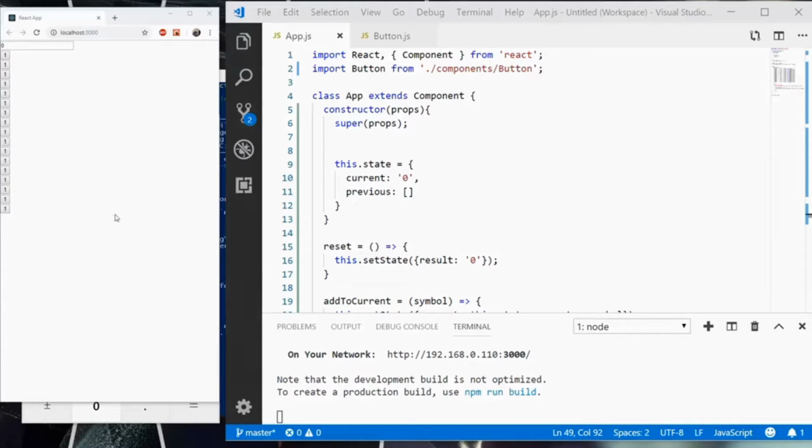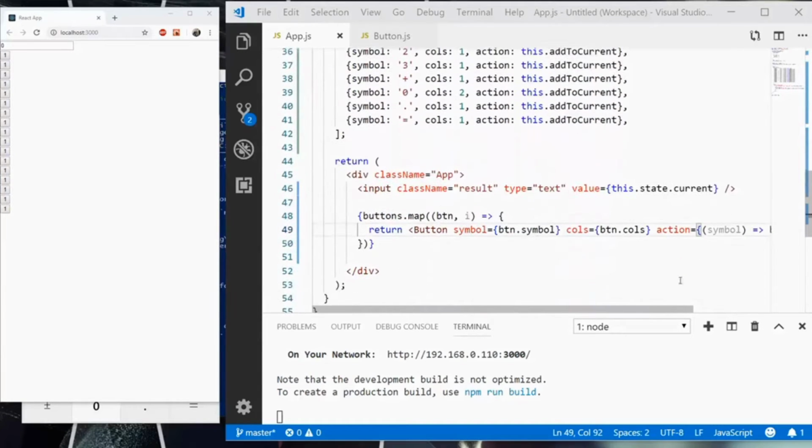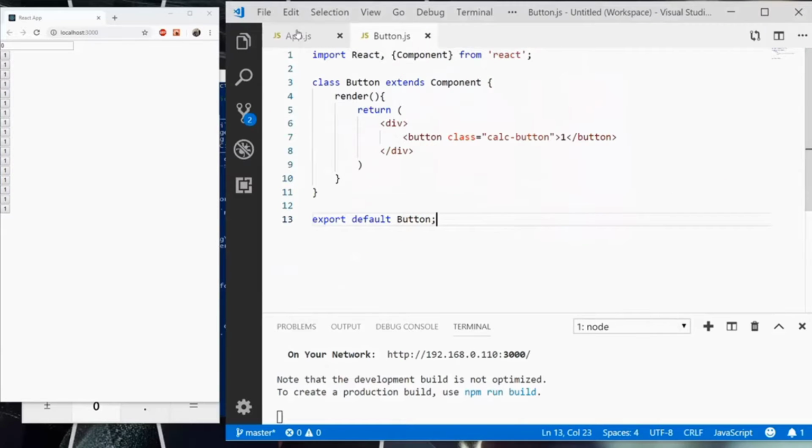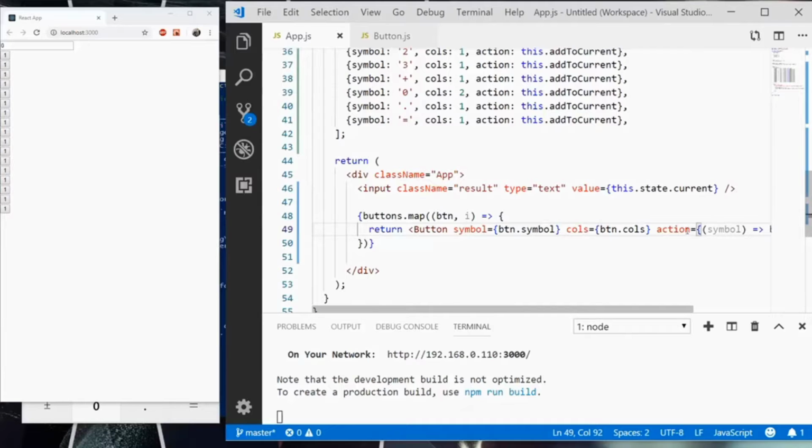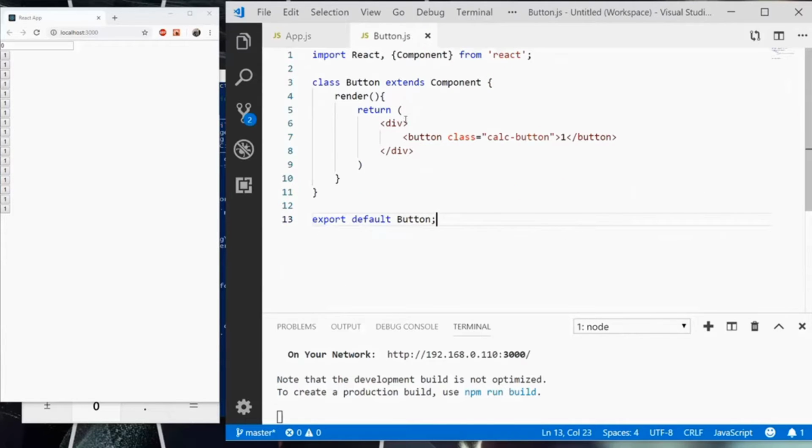So I need some styles, but before I need styles, we need to hook up what number is displayed in the button and what the action does. As I can see here, the properties inside the button component are symbols, call and action. The first thing I can do, really simple, is get rid of that one. I am going to open up curly braces and say this.props.symbol and hit save. And now you are going to see all the symbols populated into the buttons, and that's